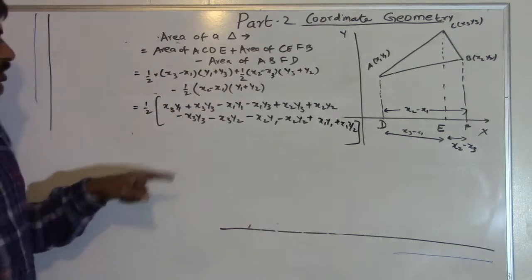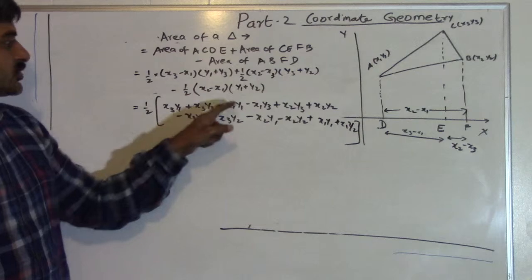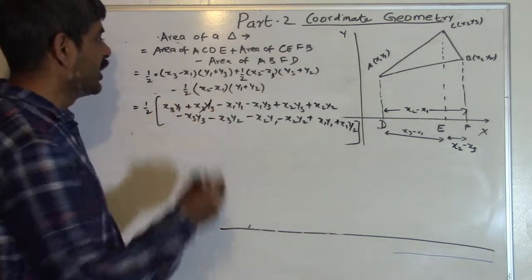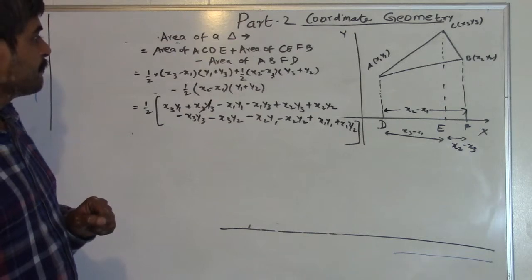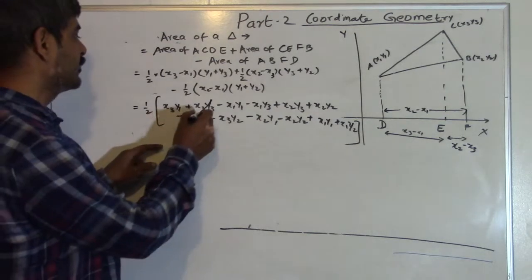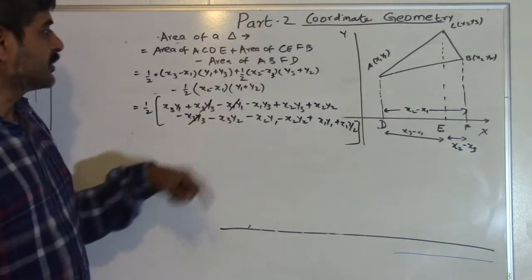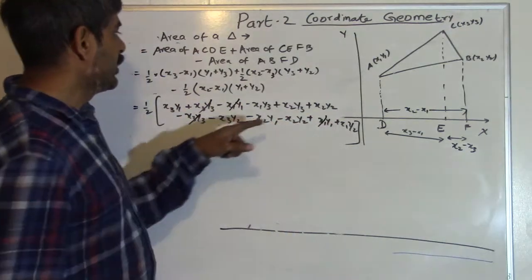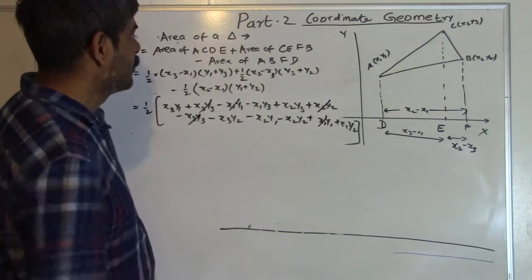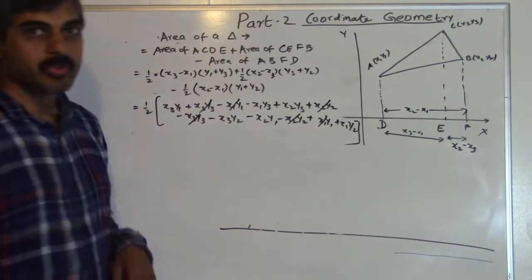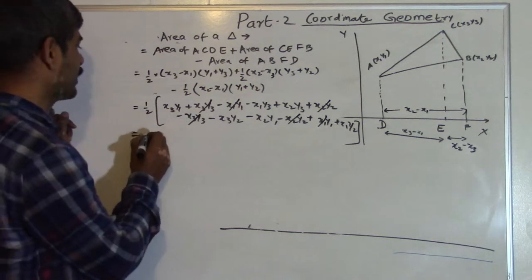Now in this one, all those that have both the same x3 and y3, x2, y2, these kind of terms will cancel. x3, y3 cancels with x3, y3. x1, y1 here will cancel with x1, y1. And finally x2, y2 here will cancel with x2, y2 here. So anything which has the same terms will cancel and we get half of